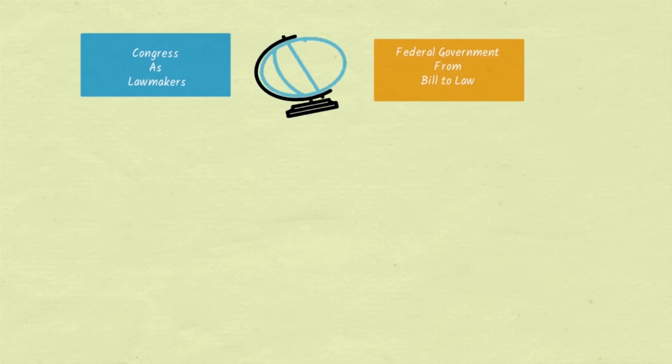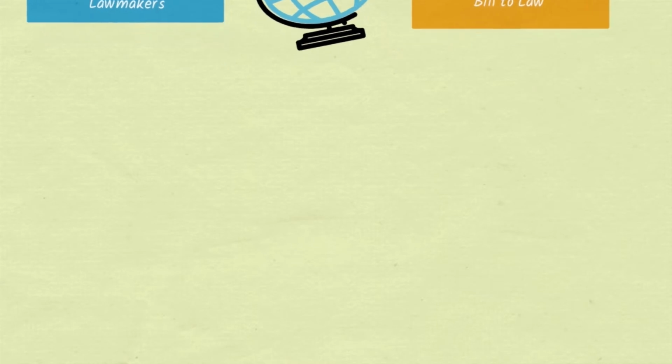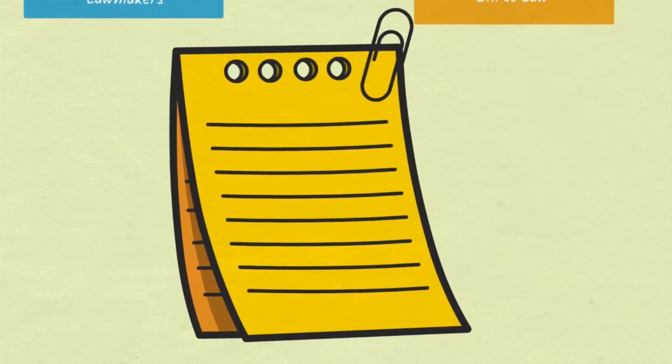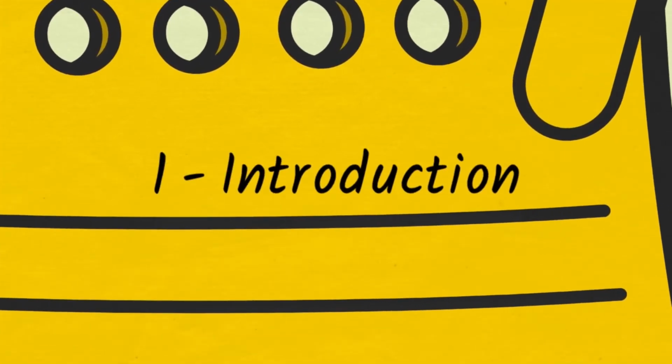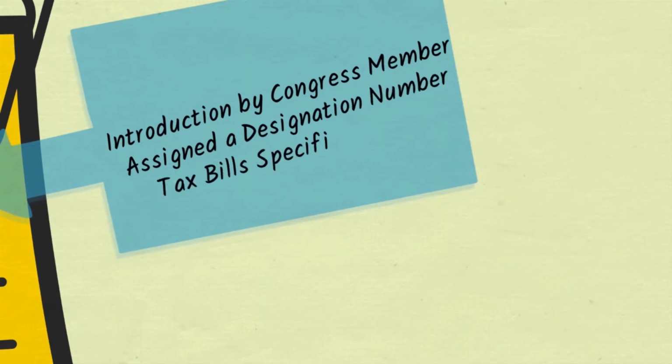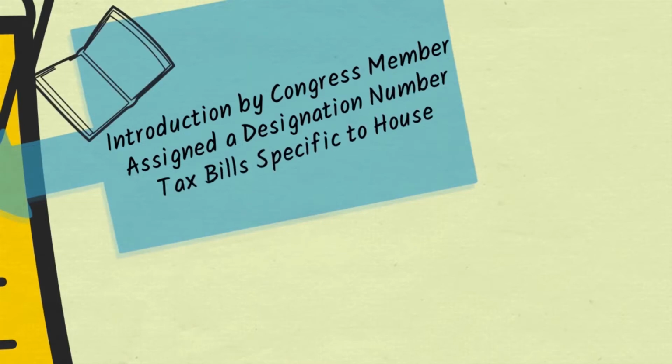citizens' rights and beliefs. A bill may only be introduced by a member of Congress. Once it is introduced, it is assigned a designation number, which consists of an alphabetic abbreviation, the bill type, and a unique number. Some bills are limited as to where they can originate, such as a tax bill can only